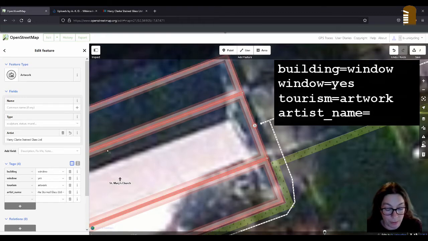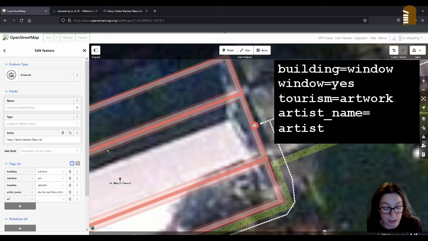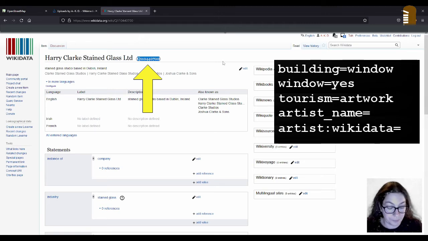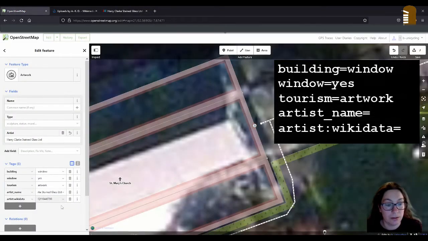And then straight away we use the next tag, which is artist:wikidata. It's just this number, just after this, and paste that there. Then I will leave artist:wikipedia out because I'm not sure there is a Wikipedia article about the studios.